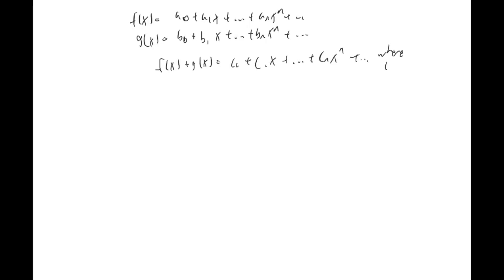Because again, we want to make a ring, so we have to define what addition and multiplication are. Addition is what you think: the sum of (a_n + b_n) = c_n x to the n, where